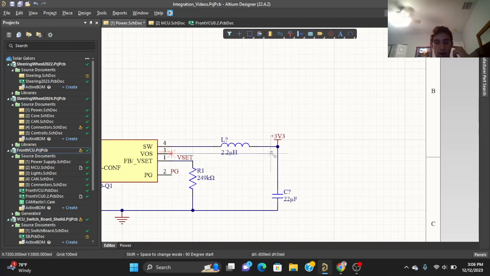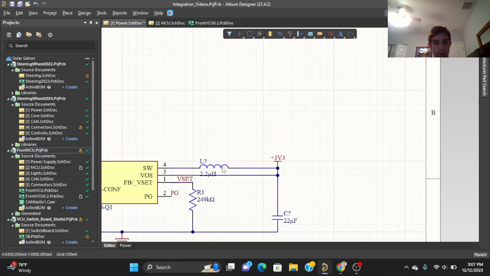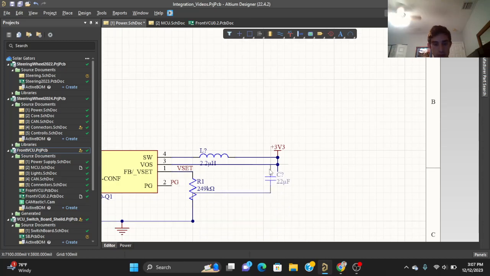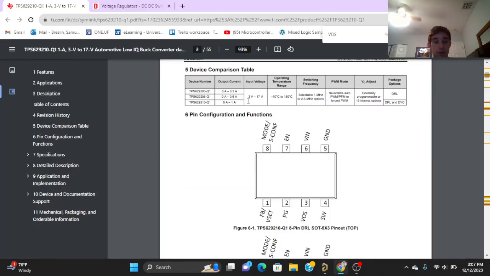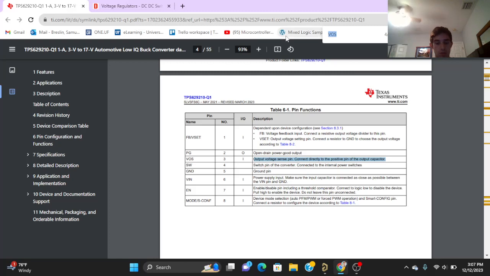Like I said, our VOS is supposed to also be connected to that 3.3 volts output. I believe I may have made a mistake. Okay, so let me review. VOS is connected directly to the 3.3 volts output, and yes, okay. I apologize. I did make a mistake with the PG pin, so we're going to go back to